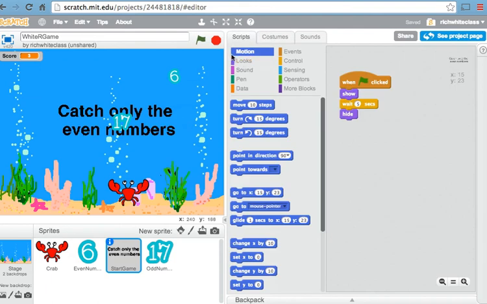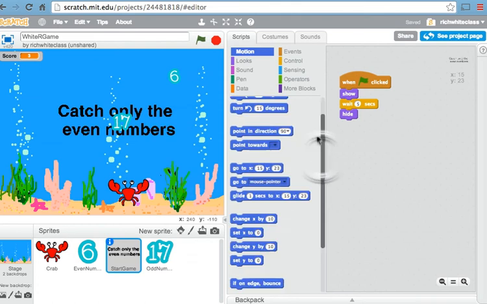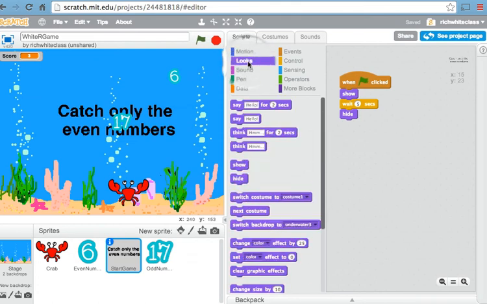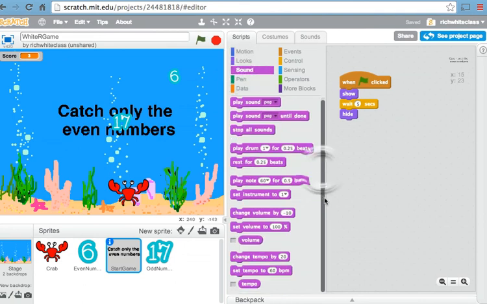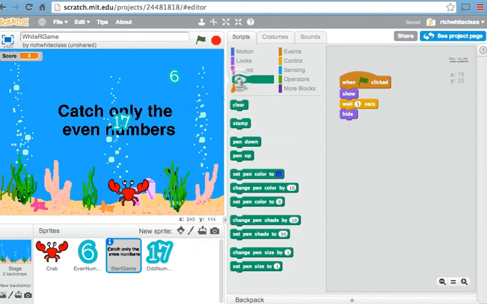The motion blocks, I think you guys have all tinkered with that, and it's starting to make sense as you play with this. The looks blocks kind of control the costumes, and all of you used those for your stories as well, for the saying. Sounds, I notice some of you used some background sounds in your projects. You could also make instruments, which I think is pretty cool. The pen, which is basically a drawing piece. I use it for